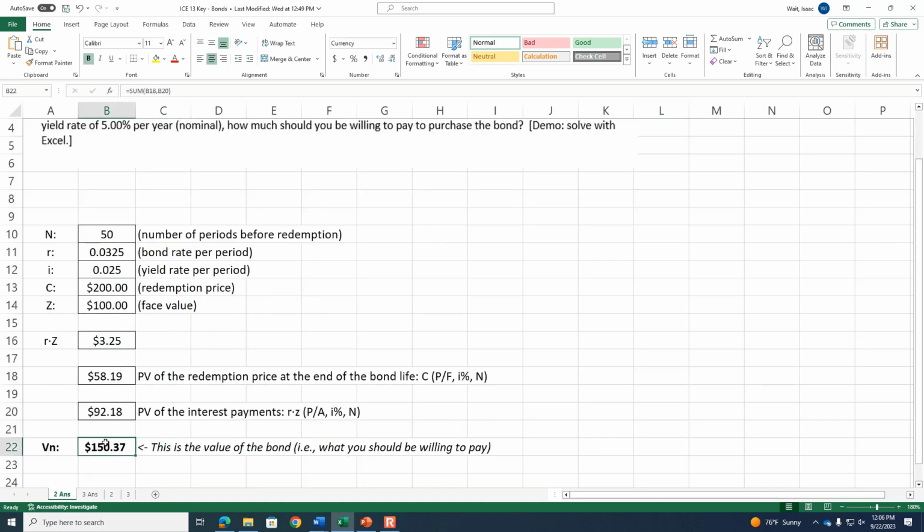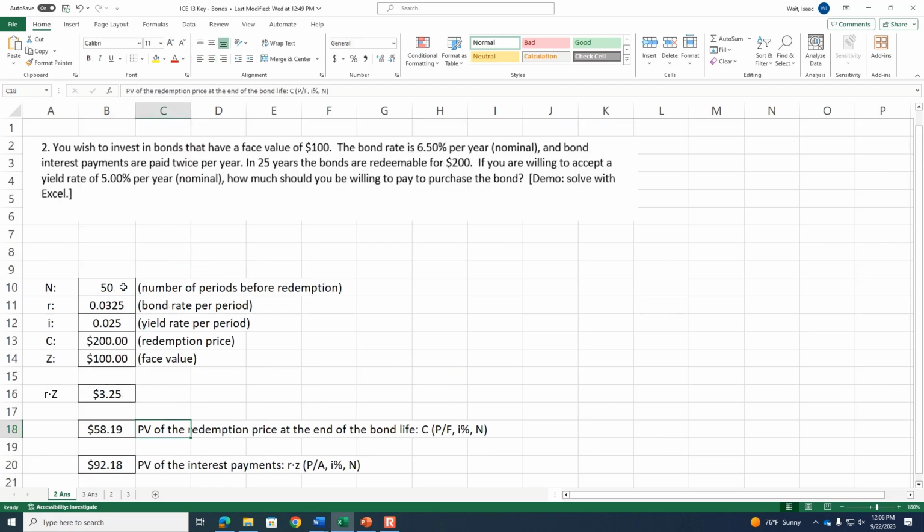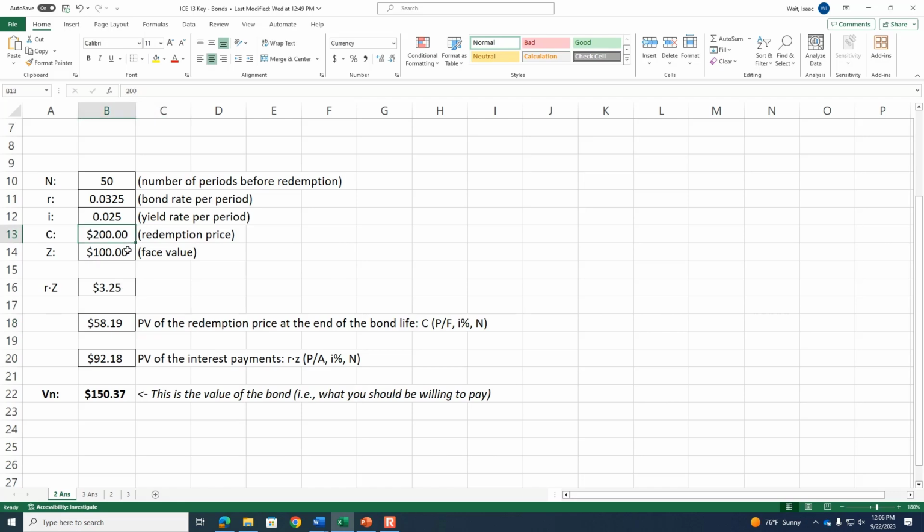2 components of value in the bond. And remember that a bond's 2 components of value are, first, the value of that lump sum payment at the end of the bond's life, so it's the present value of the redemption price. In 25 years, you get $200 as a lump sum payment. The present value of that future amount is only $58.19 if we're discounting that $200 each period by the yield rate. So every period, as we discount that backwards from the future value lump sum to a present value lump sum,